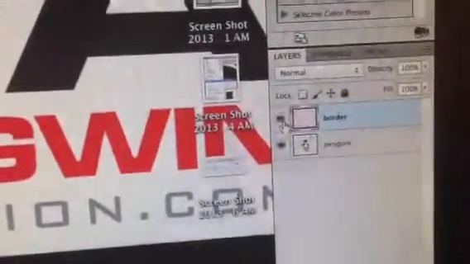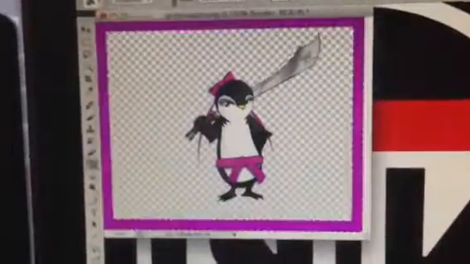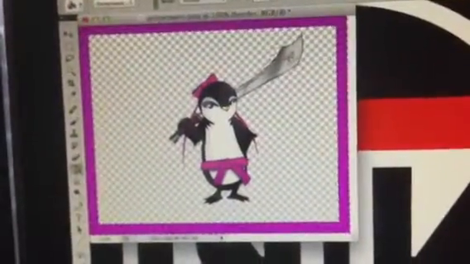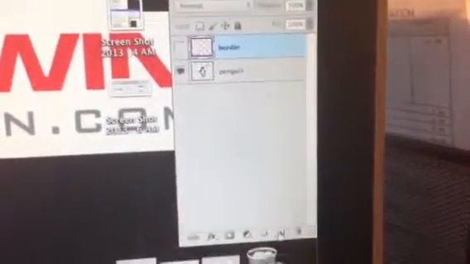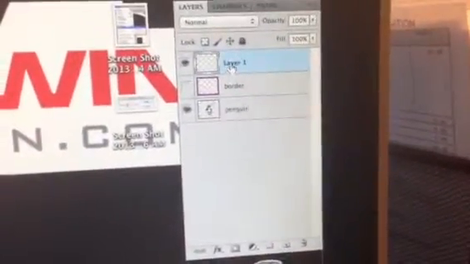And then you just go down to this little trash can and I'm going to delete the layer. Or if you want to see what it would look like without that layer, you can just unclick that eye, and now look. Or I can click it back. We're gone. We're back. So actually we'll just unclick it and then we'll go over here and do a new layer, and we're going to call this one border